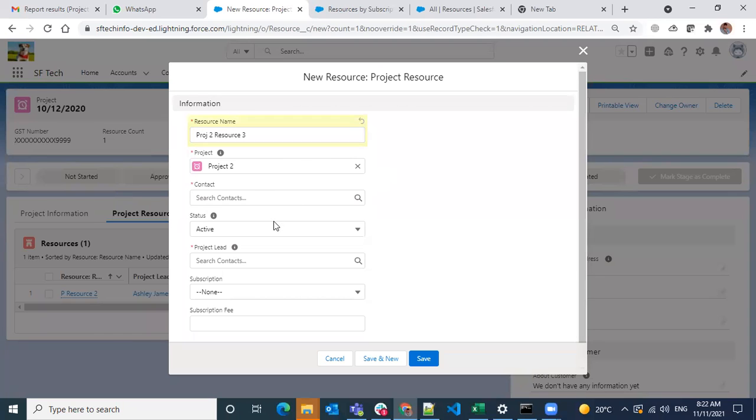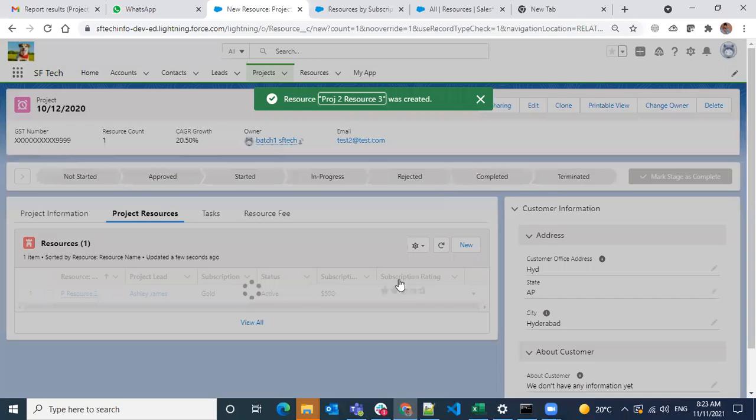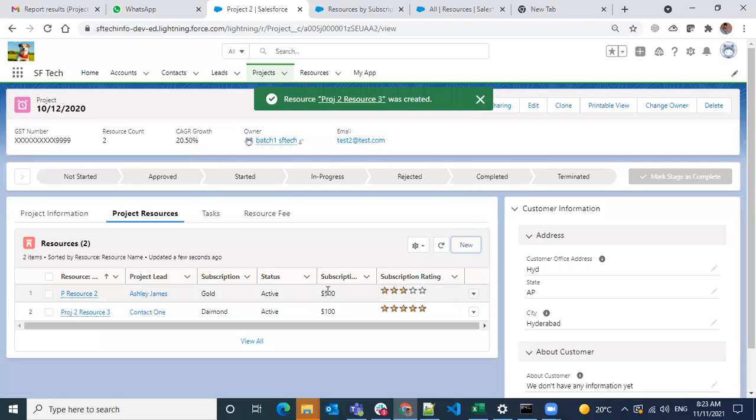It's there. Why was it not populating the data if we apply the project ID? Here you see project 2, right? One second. Where is it not displaying the project ID?